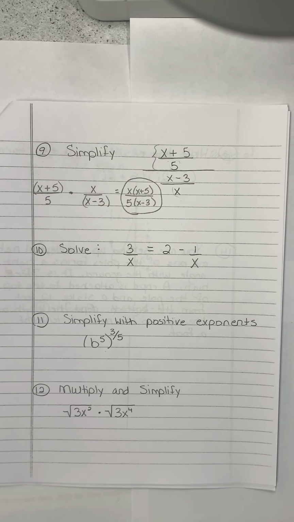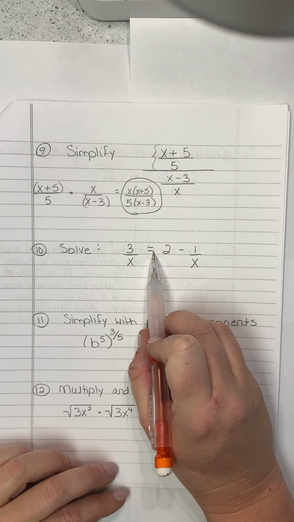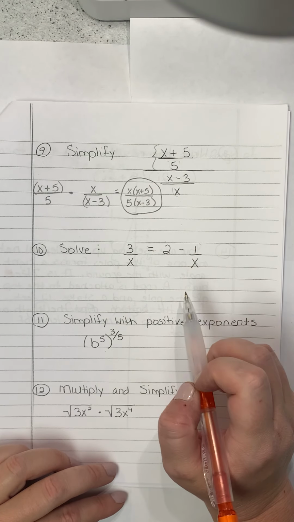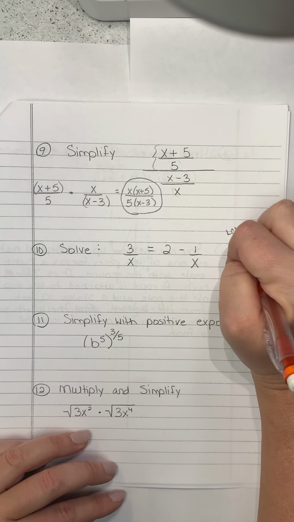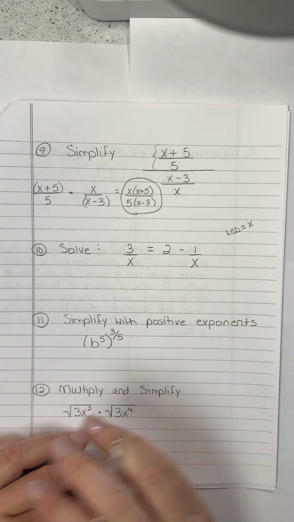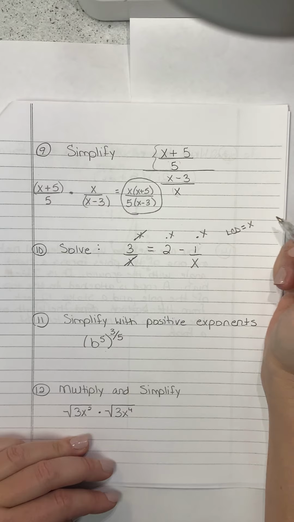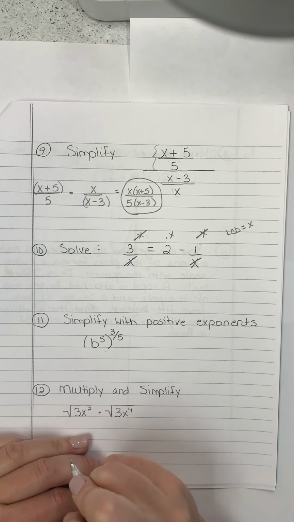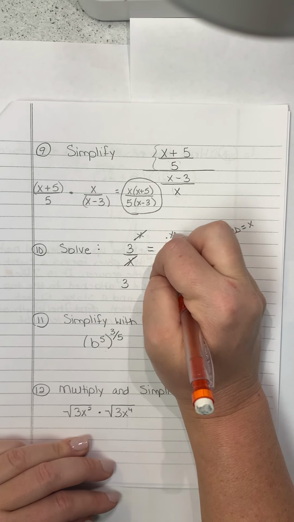All right, number 10 is another equation with fractions. Okay, I never mind equations with fractions because I can multiply the tops and get rid of the fractions, right? So my LCD for this guy is just going to be x because that's my only denominator. But I do need to multiply every term, even that 2, by that LCD. So these cancel, these cancel. I'm going to be left with 3 equals 2x